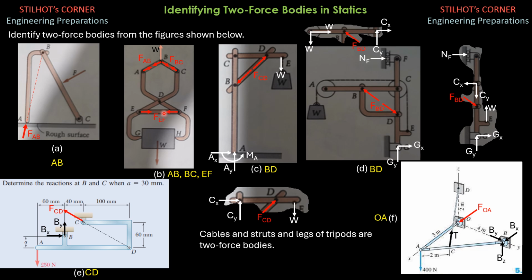So when you isolate portion B, C, D, E, F, the force at E would now be going to the left. So that's the case. Then in part C, there's a two-force body, and that is CD. Remember by definition. BD rather, by definition. So if we draw the free body diagram of the entire system, since this is a